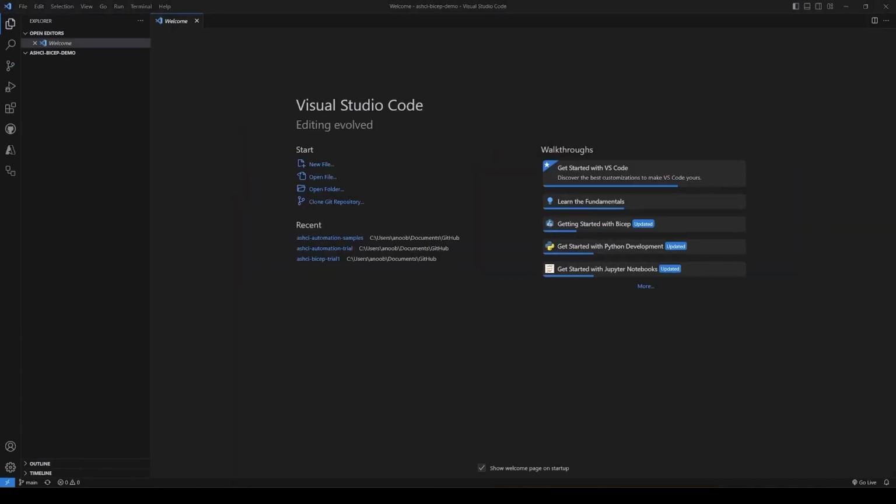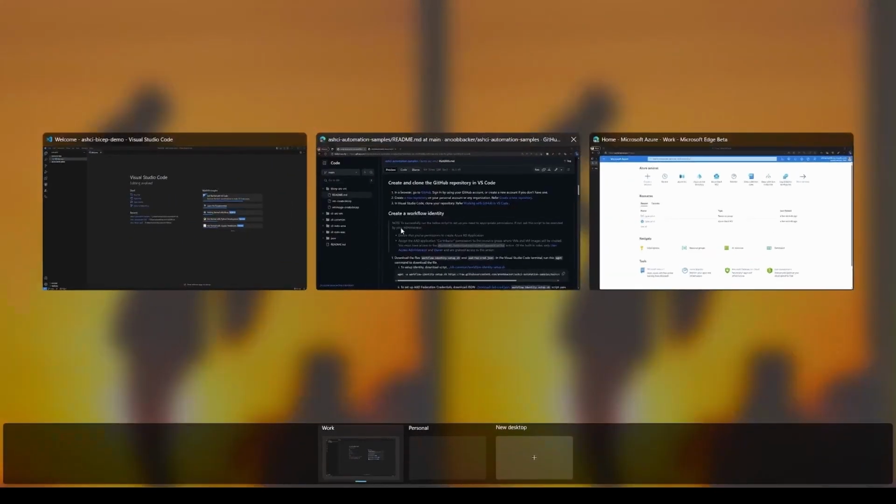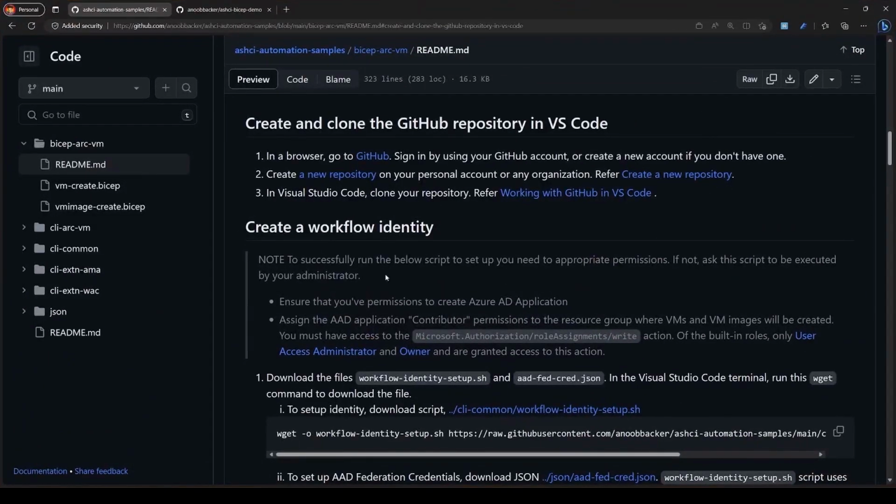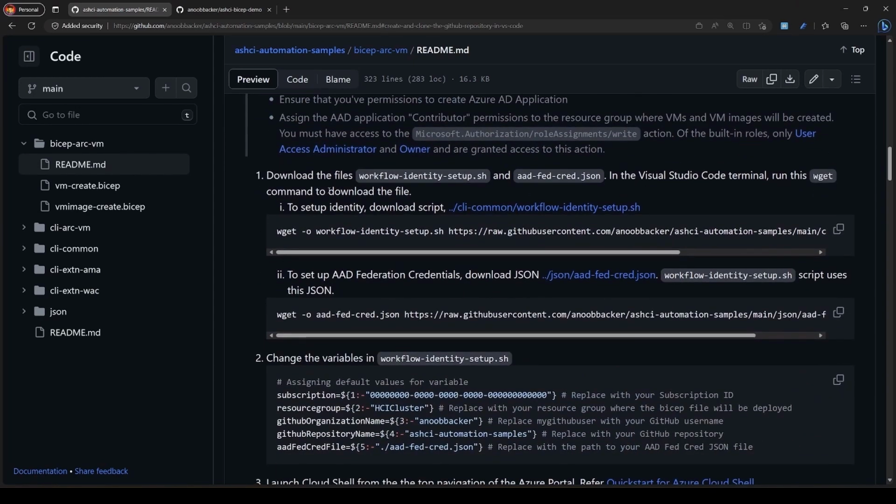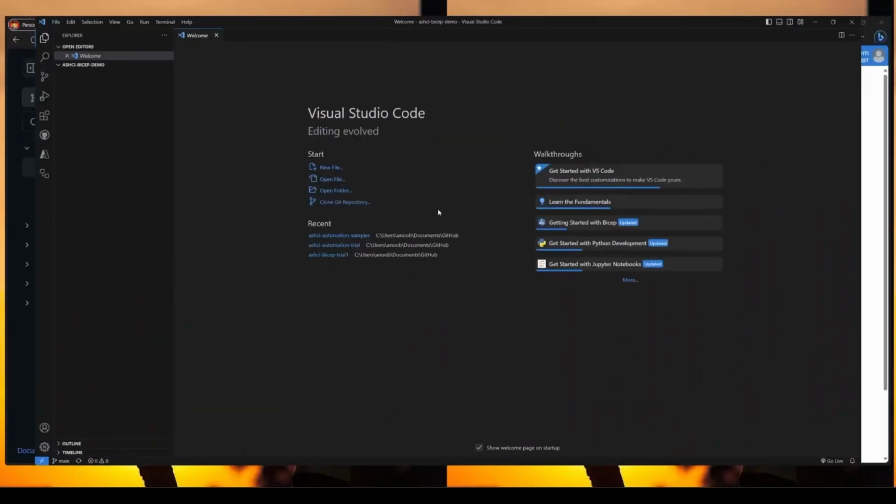And now let's start setting up some of the GitHub workflow identities. So this needs certain permissions. If you don't have the permission, ask your administrator to execute this. There are two files which you need to copy: the workflow identity setup.sh and the cred JSON file. Let's copy the